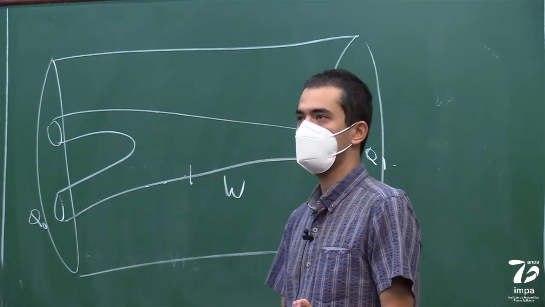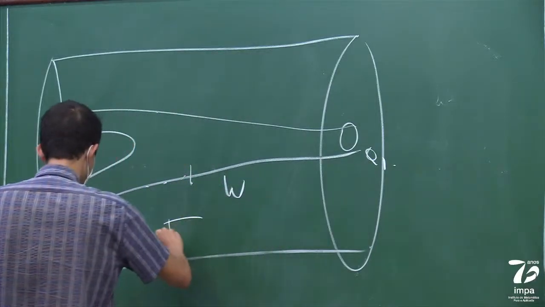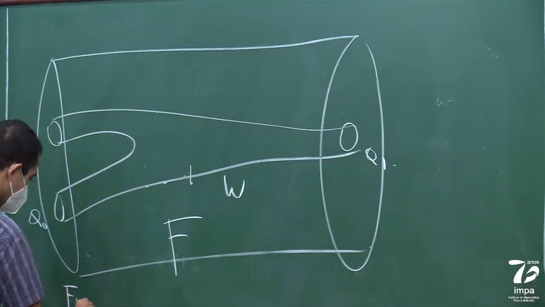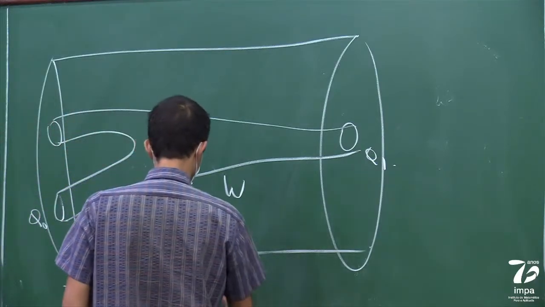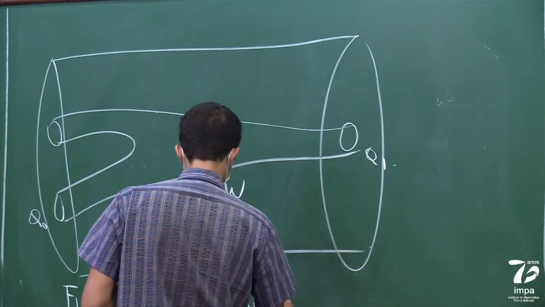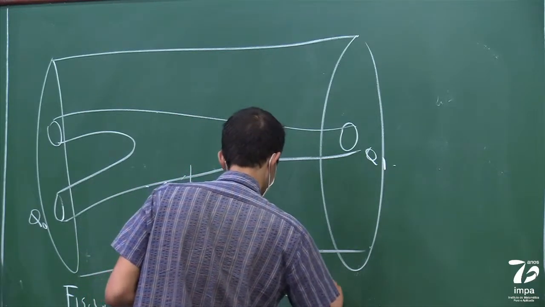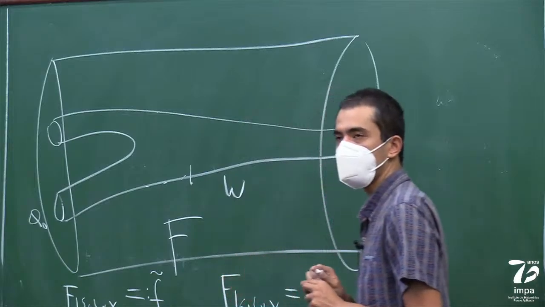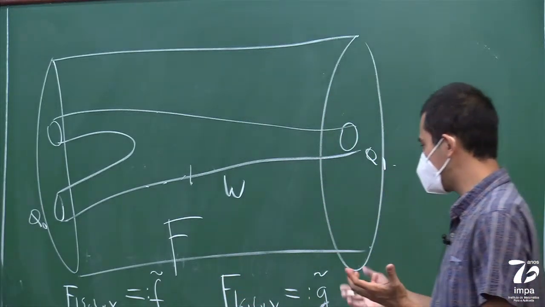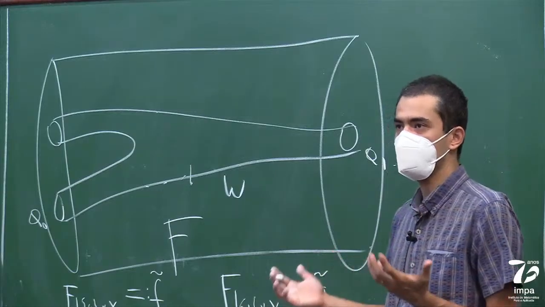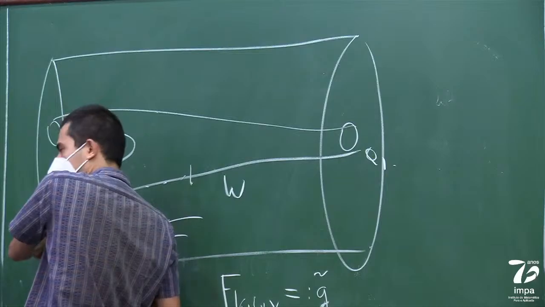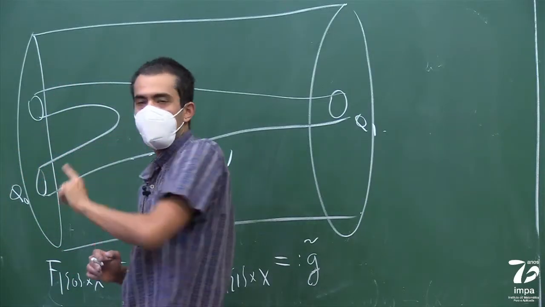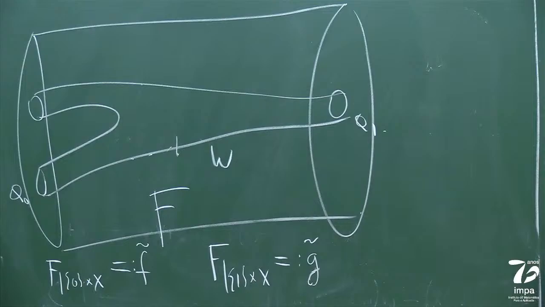get new functions. So if I take my capital F and I restrict it to 0 times x, I get what I called f tilde last time. And the same thing, if I restrict to the 1 slice, I get what I called g tilde. Okay, and f tilde and g tilde, you can construct the same way, but now just using the tubular neighborhood induced by the framing on q0 and on q1, which is just a restriction of this embedding here. So it's actually the same embedding still.